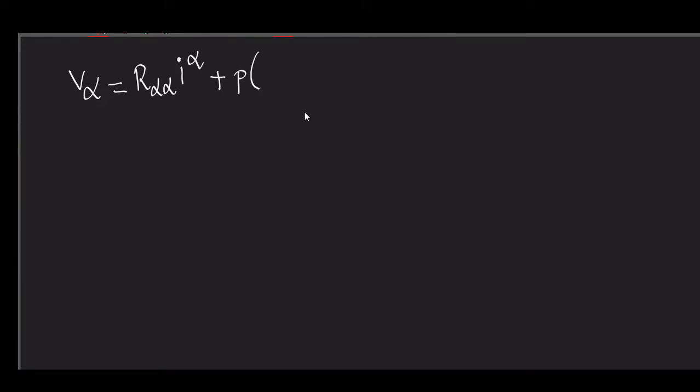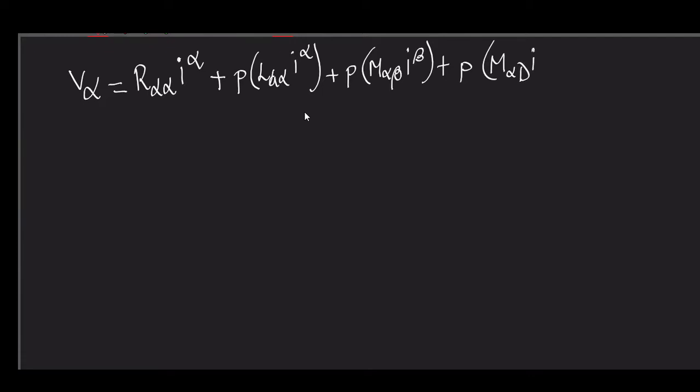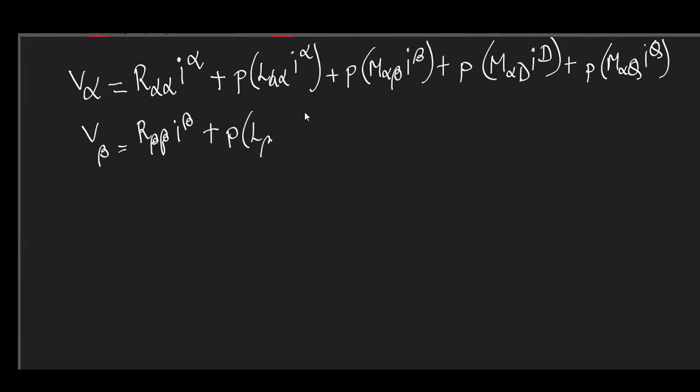Then P L alpha alpha, I alpha, plus P M alpha beta, I beta, plus P M alpha D, I D, plus P M alpha Q, I Q. Then for V beta you are having R beta beta, I beta, plus P L beta beta, that is the self inductance of the beta phase of the rotor winding, I beta, plus P M